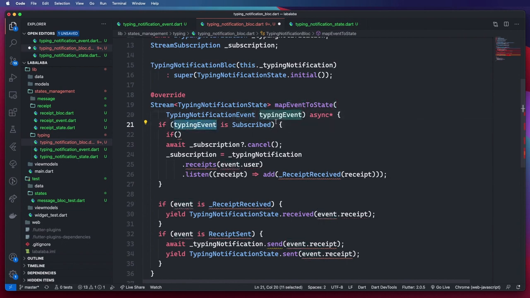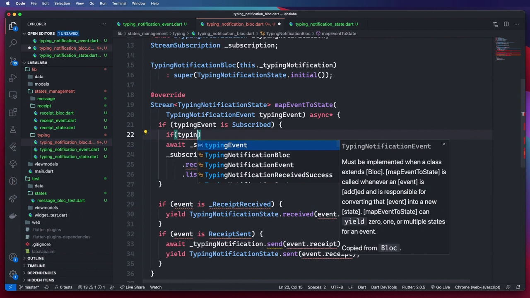This is because I've already named the events in each event type here. I've named the typing event variable event, so it's confusing saying event dot event. So you can name your variables more meaningfully. I think there can be a proper name in this context, but for now I'm just going to say if the event here